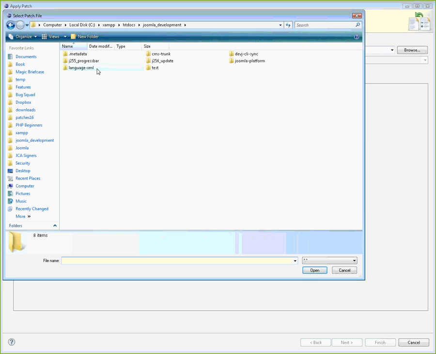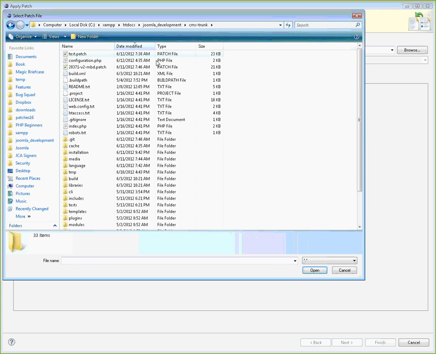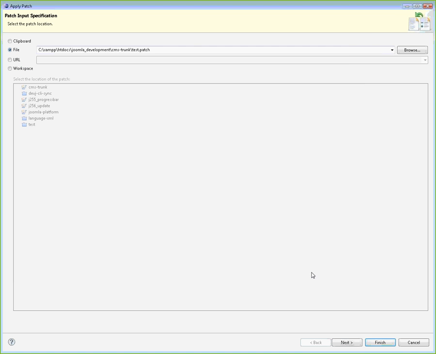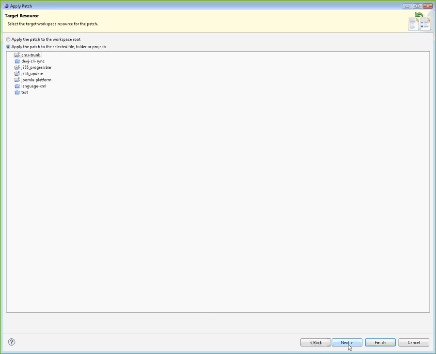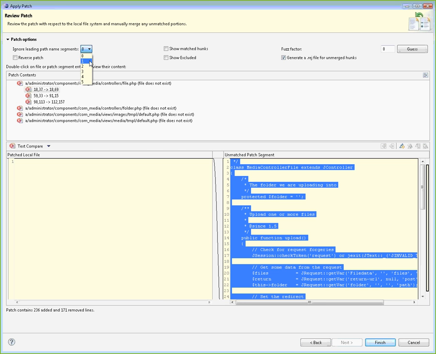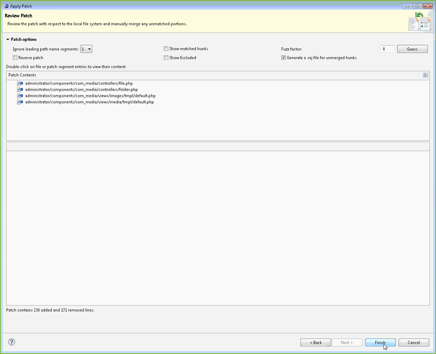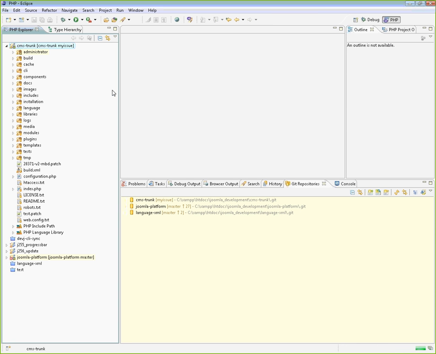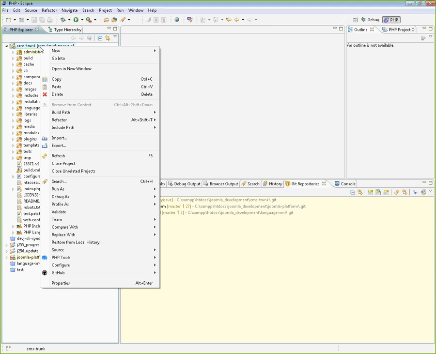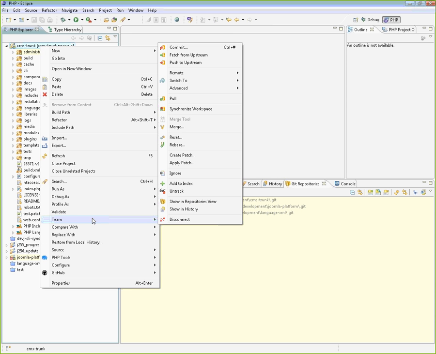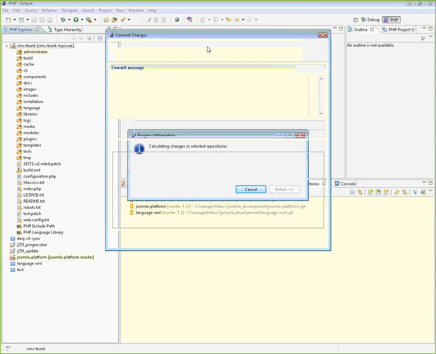Okay, so we'll apply the same test patch we've been using. And again, we have to change this leading segments in Eclipse. So I've applied the patch again, but I'm in the My Issue branch, and now what I want to do, because I'm in this branch, I can go commit, and I'm actually going to commit these changes